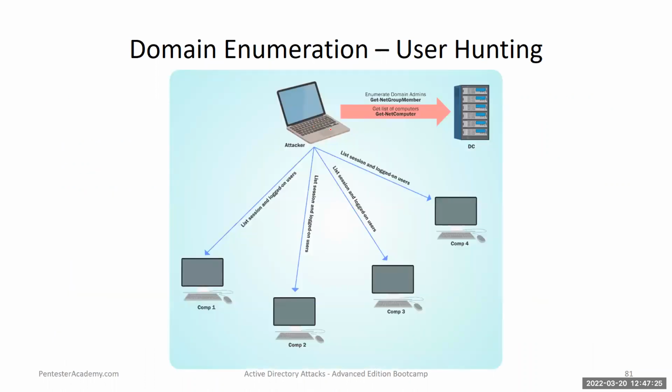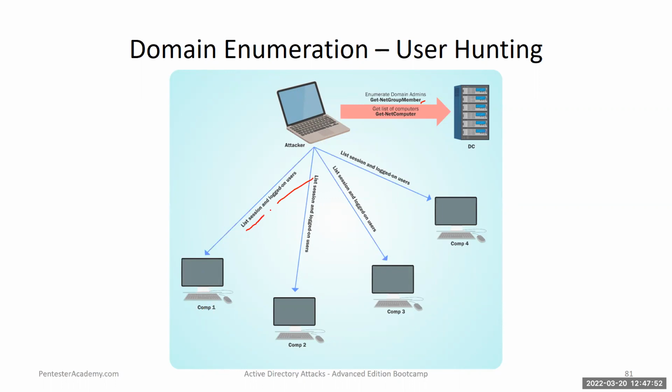When you run this, the function requires a list of computers and membership of the domain admins from the domain controller. And then it goes to each and every machine and tries to list sessions and logged on users on the machine. If it can list logged on users,